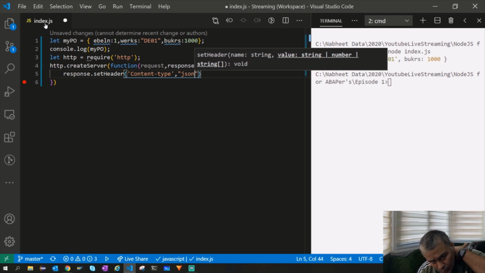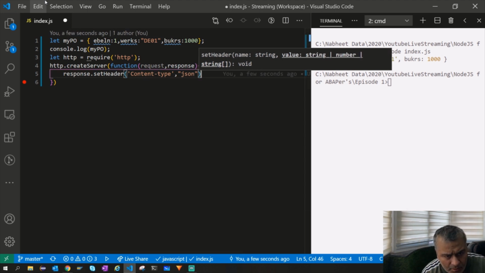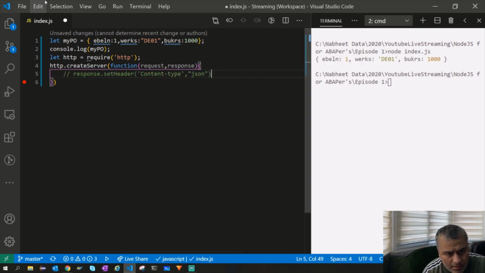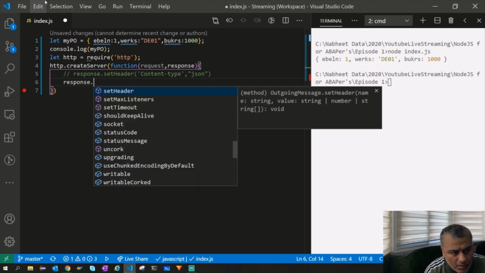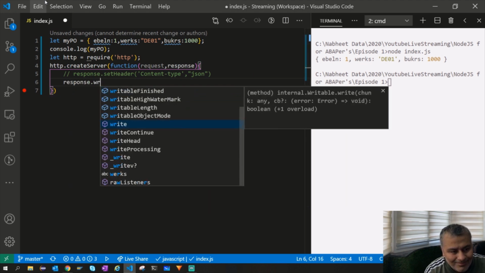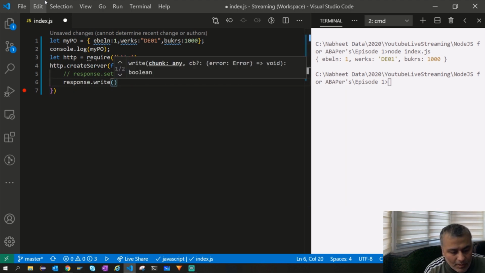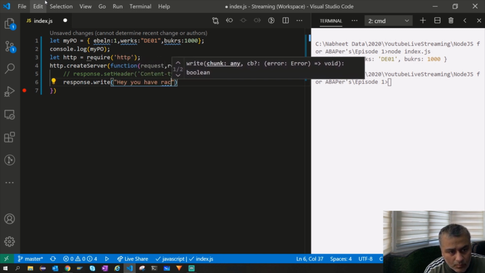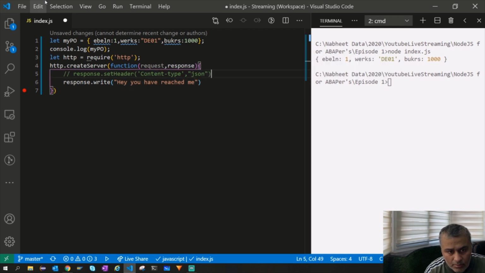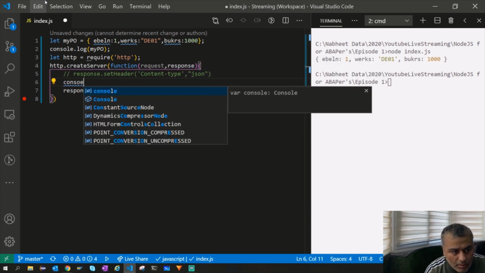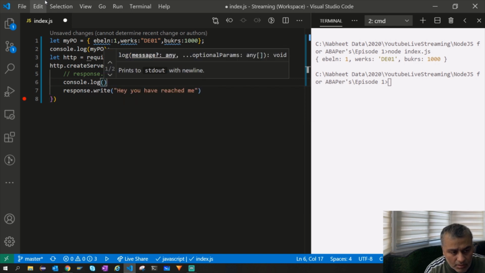But primarily, before response dot set header, let's say response dot write, hey, you have reached me. And let's also console log, so that you're able to see in the console that you have reached here.